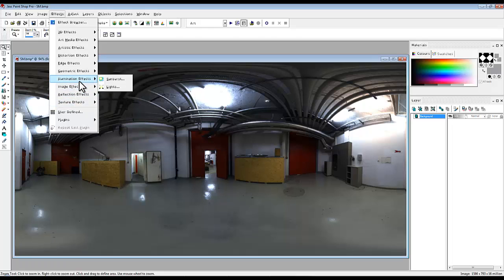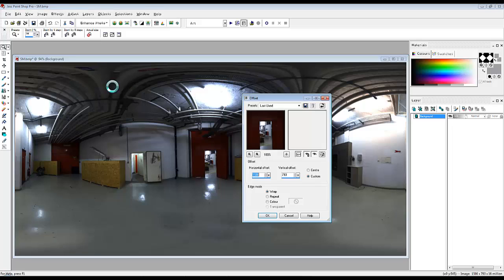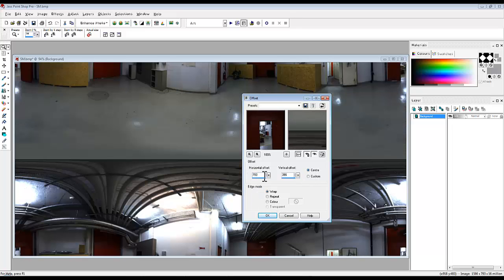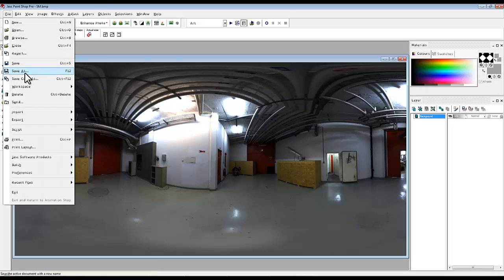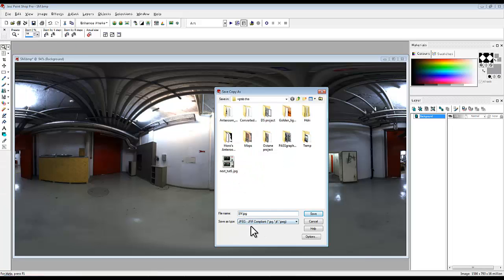Oh, I know it's in here somewhere. Offset. Okay, it's offset. In this case, I'm using PaintShop Pro, so it'll be different for different programs. If I switch to center, I should be able to offset it and then set the vertical offset to 0. So what I'm doing is offsetting it exactly 180 degrees around. Then I go File, Save Copy As, and call this